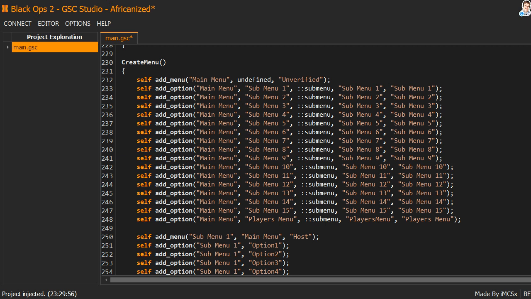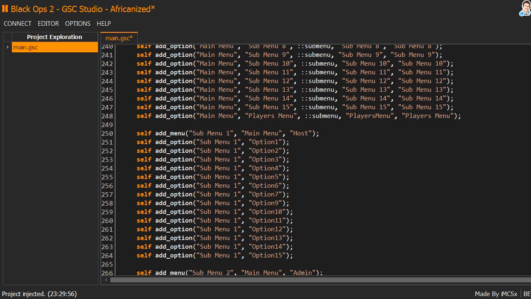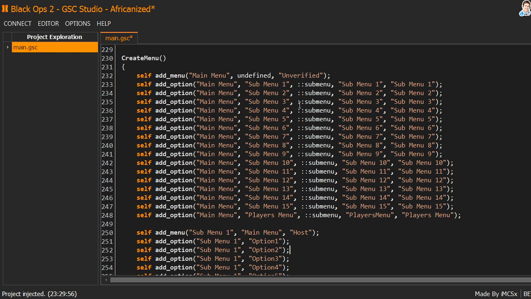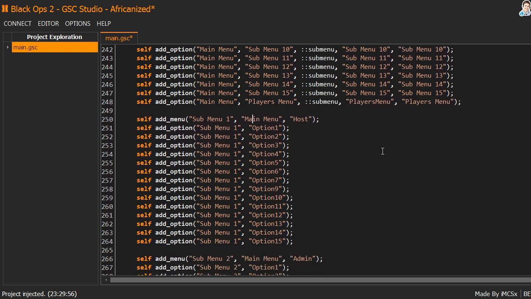So, alright, we're gonna go down to submenu 1. Submenu is going to call for these two little dots right here, basically where it's gonna call the script for. So in this case, submenu is basically gonna create another menu. So then submenu 1, and then it's gonna go down here to submenu 1. So if you click on it, it's gonna go right here to submenu 1. And I'm actually gonna change. No, I'm not gonna change it, I'm just gonna leave it like that for right now. And then host means the person that, if you give the menu, this is